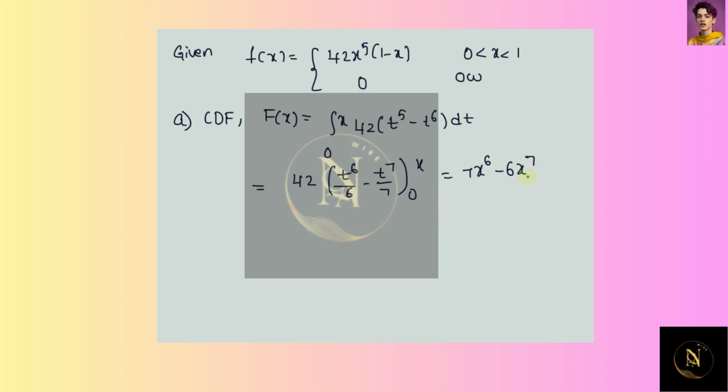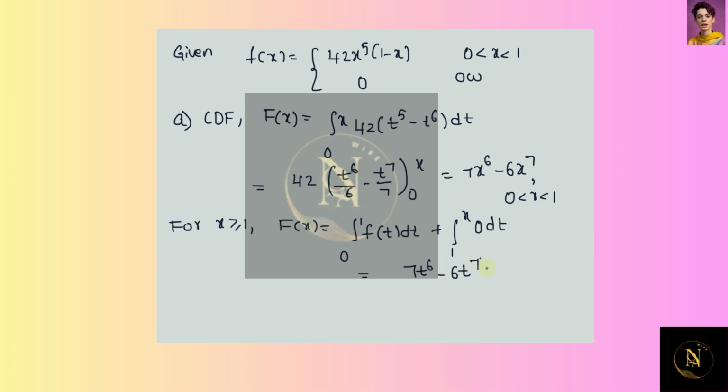This is for 0 less than x less than 1. Now for x greater than or equal to 1, F of x will be the integral from 0 to 1 of f(t) dt plus the integral from 1 to x of 0 dt, which is equal to [7t^6 minus 6t^7] with limits 0 to 1, which is 1. So from this we can write the